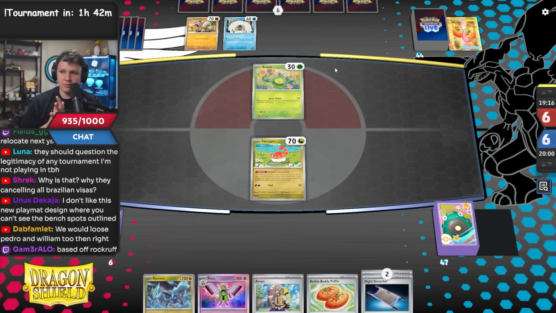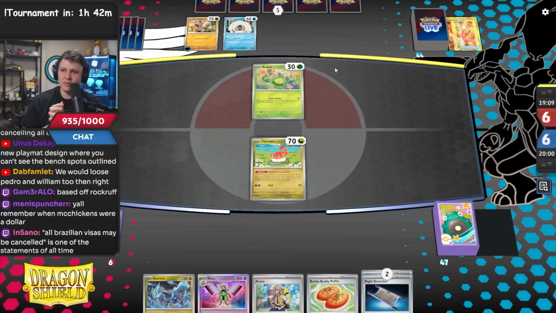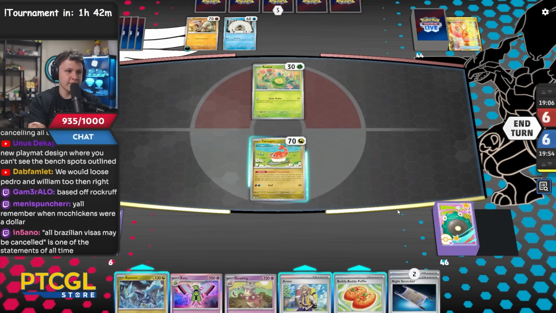I don't like this new playmat design where you can't see the bench spots outlined. Same, same. We would lose Pedro and William too, then, right? I mean, if it's all the Brazilian players or just some of them. Depends if it's all or some or...